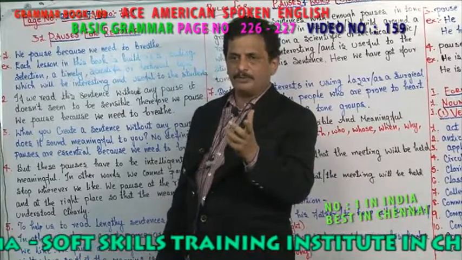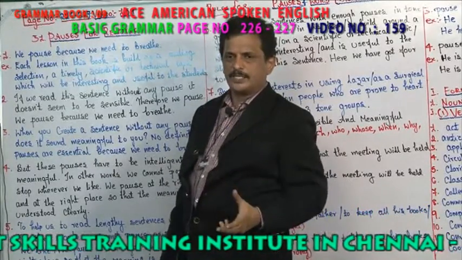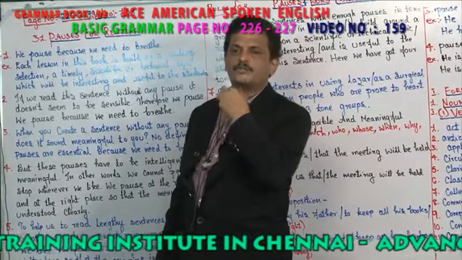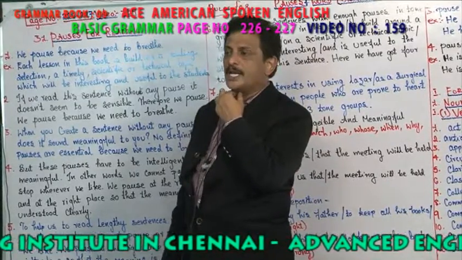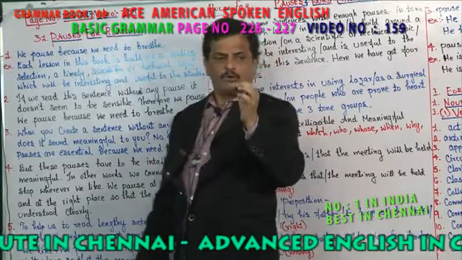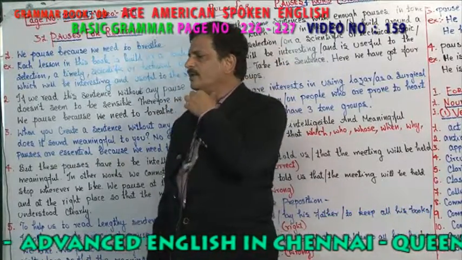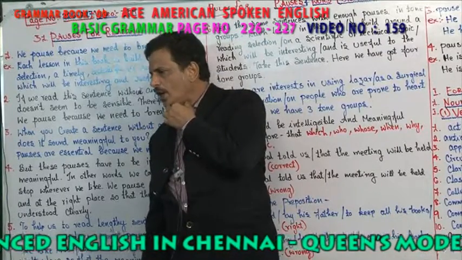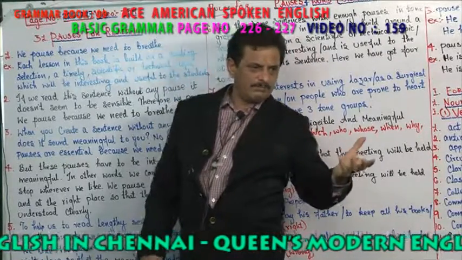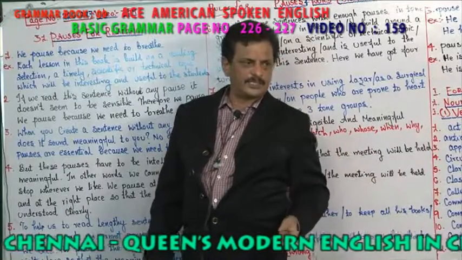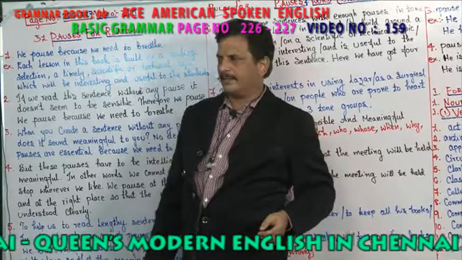So in English communication, 50% is for body language, 30% is for your tone, stressing and pronunciation, shifting, rhymes and rhythms. This is the 30% of communication, that is voice. And 20% is for words, where the grammar and everything comes under that.